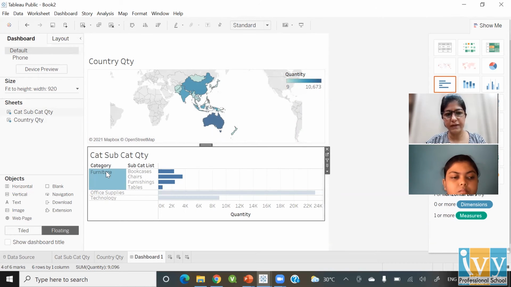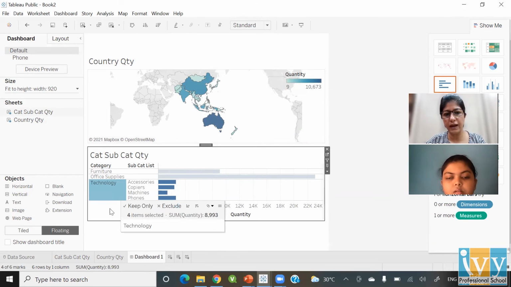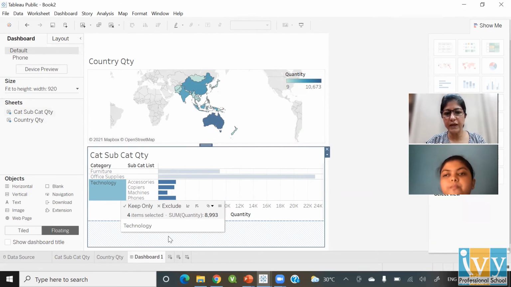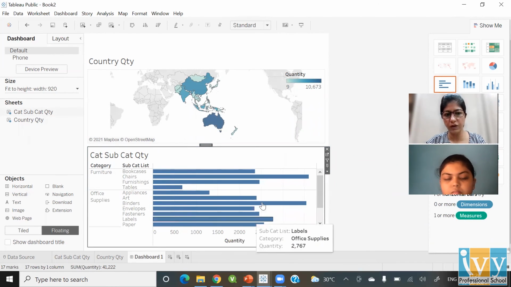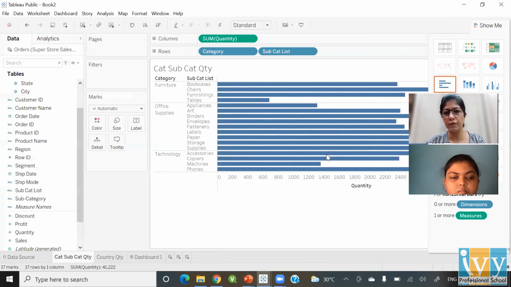Once I'm pressing furniture, I'm only getting furniture. If I press technology, I'm only getting technology. Now, one thing we should have done is that right now it is not looking nice because it's all jumbled up. It's not sorted properly. So if I wanted to sort all this information and then show, how will we do it? I'm going to do a nested sorting.